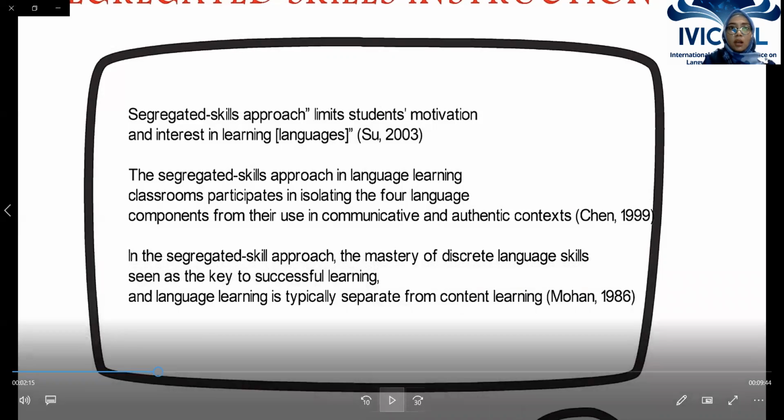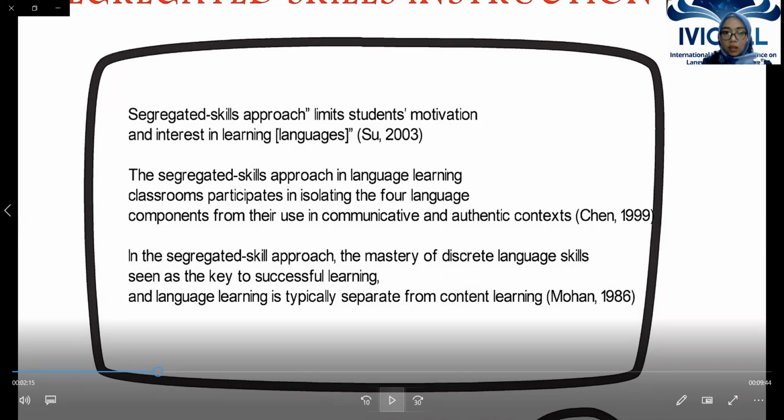In this segregated skill approach, usually one skill is isolated from another. So why does this class exist, do you think? It is perhaps because teachers and administrators think it is easier to present courses on writing separate from speaking, or listening separate from reading. They may believe that it is impossible to concentrate on more than one skill at a time. So the teachers sometimes only teach one skill at a time